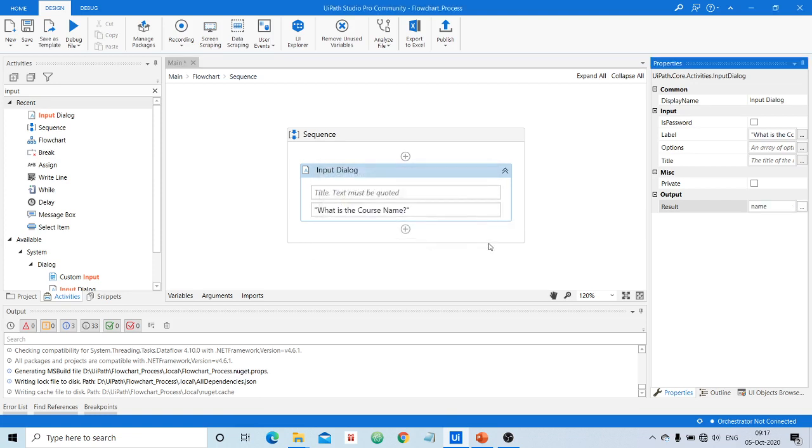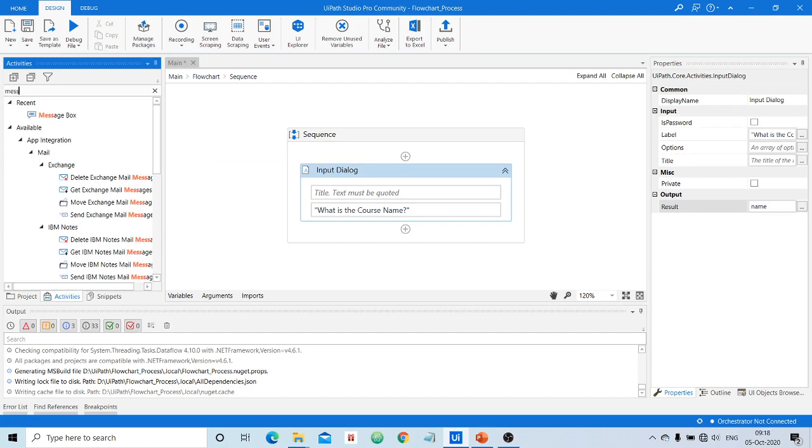Now the meaning is the value entered by the user in this input dialog box will be stored in a variable called name. Is it clear? Okay, then after this I want to display that name in the message box.